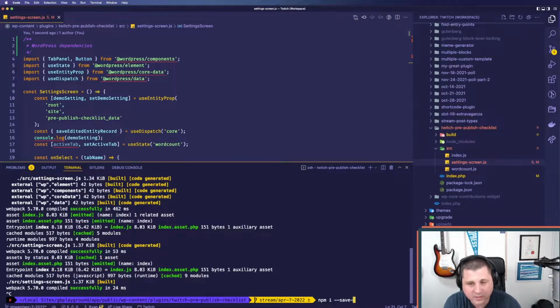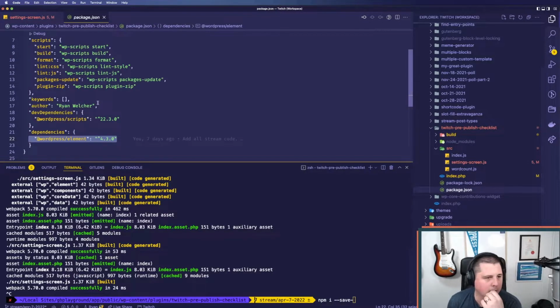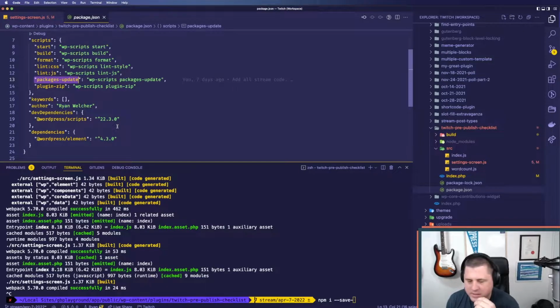Well, if you're using the scripts package, there is a packages update command that you can run. I don't know if you'd want to update this stuff. First of all, if you're doing anything with the WordPress stuff, the version doesn't really matter because you're not actually importing any of the JavaScript. Sometimes, for things like the scripts package, or if you're using env and some of the other packages, that does matter. I would probably just run this npm packages update, and that'll try to update all the WordPress